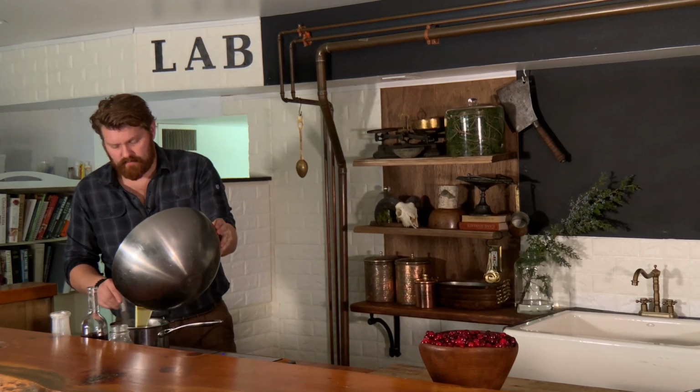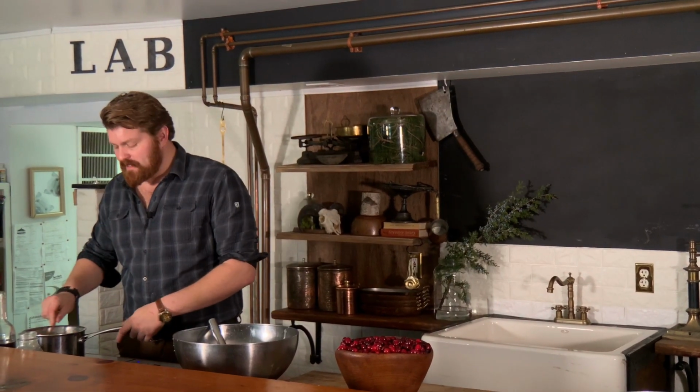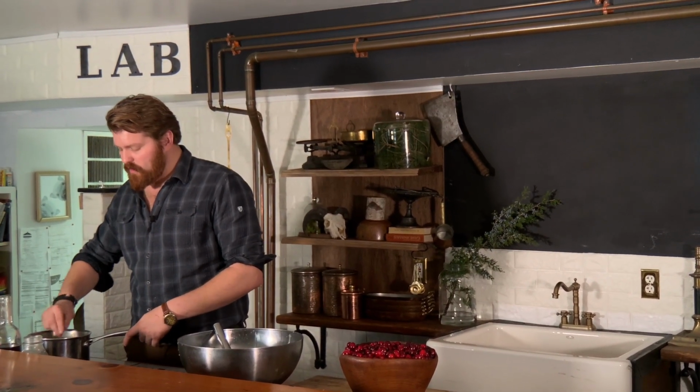Once you're fully incorporated, you're going to take this mixture and put it into the pot, combining the two thirds with the remaining third in the sauce pot. At this point, we're going to switch out the whisk and use a spoon, constantly mixing the egg yolks and the cream together so it doesn't scald to the bottom of